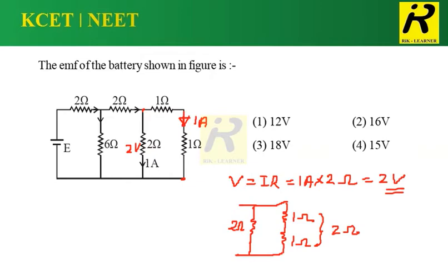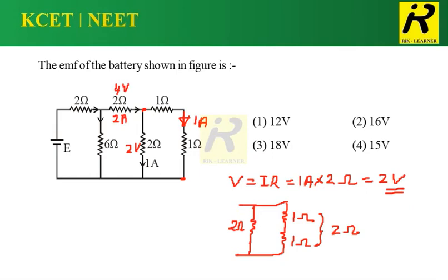So the current is split here. From Kirchhoff's node rule, what can we write? The current which is entering this node is split into 1 amp and 1 amp. That means the current passing through this 2 ohm is 2 amps, the sum of this one and this one. If 2 amp current is flowing, V is equal to IR, then we can say 4 volt is the potential difference across this resistor.